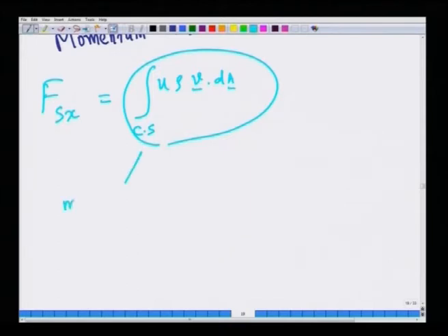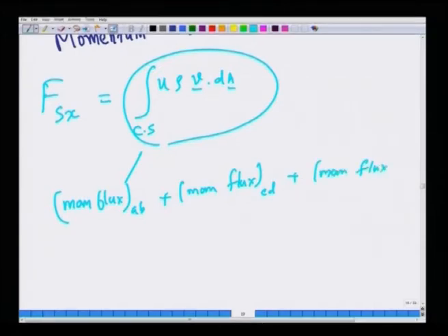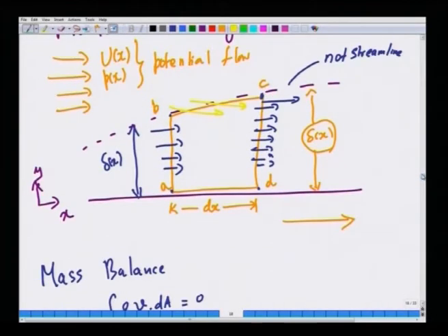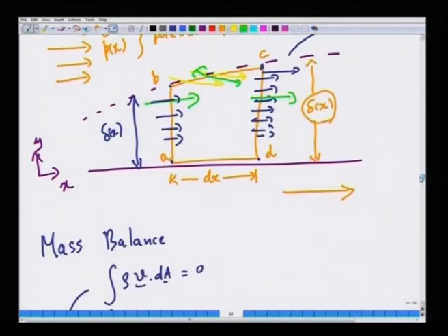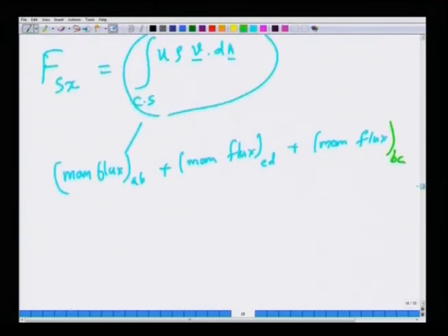This is equal to the momentum flux through AB plus momentum flux through CD plus the momentum flux due to BC. There are these three phases through which momentum can come in by virtue of flow, AB, CD and BC. These are the three phases, and the bottom phase is impermeable, so there is no momentum flux. Okay. So, if we now calculate the momentum fluxes due to all these three phases,